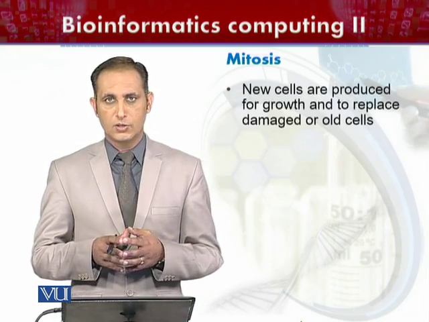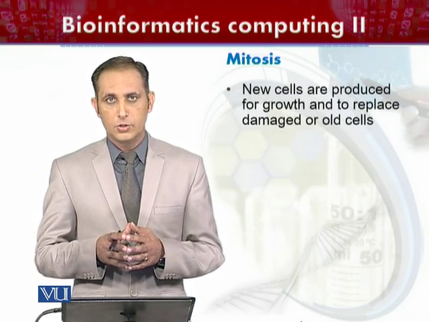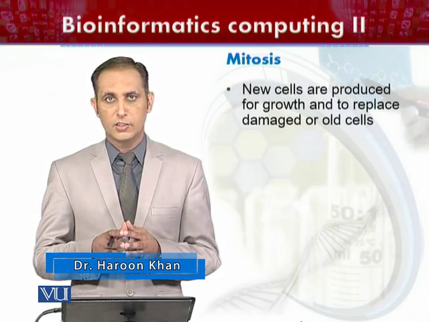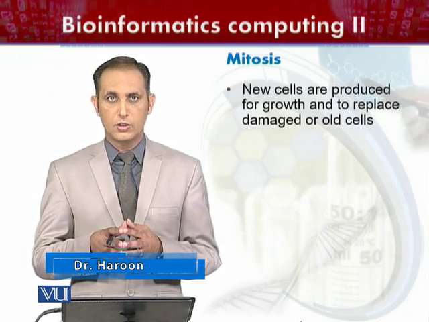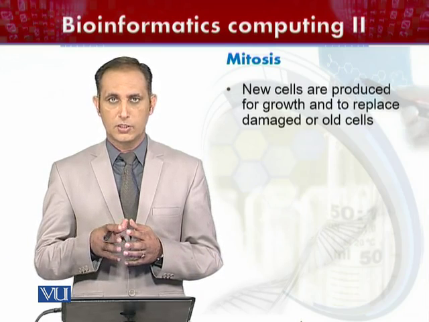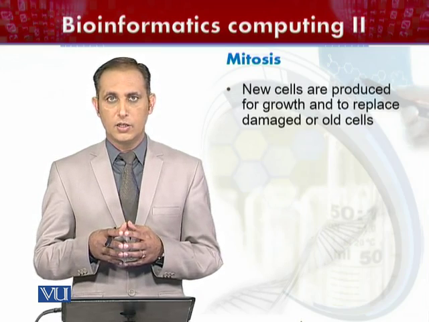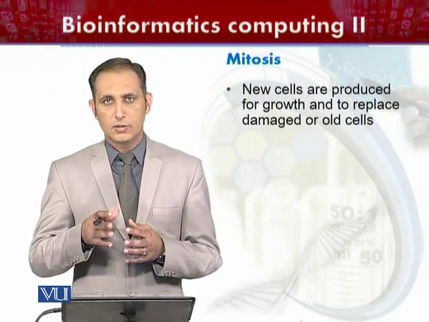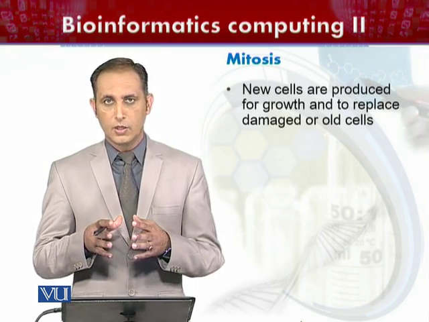Mitosis is one of the two types of divisions through which a cell divides. Usually, there are two types of cells in the body of an organism. Some cells are called somatic cells, and some other cells are called germ cells. In somatic cells specifically, mitosis takes place to increase the number of cells in the body. So we can say that this is basically taking place for the sake of growth of the organism.